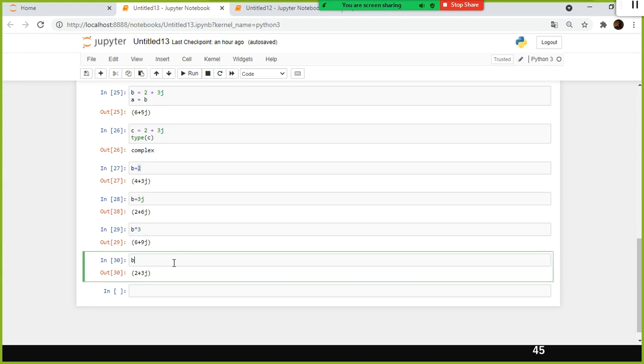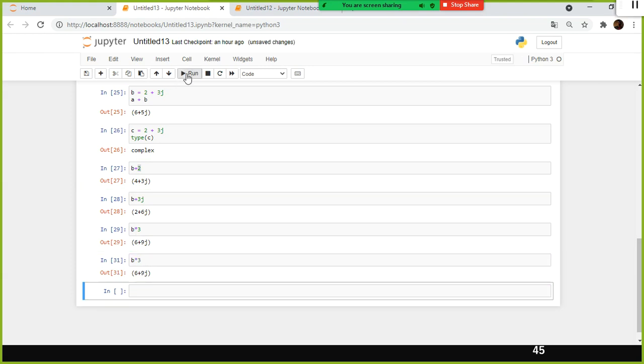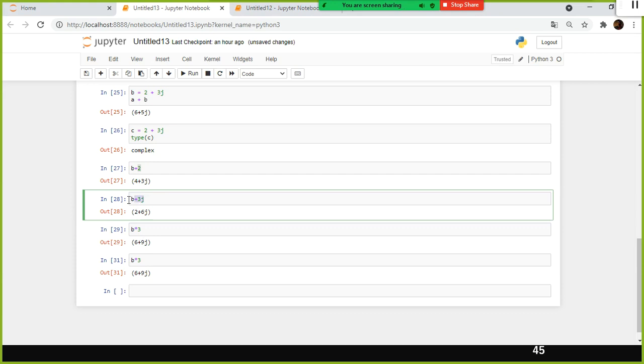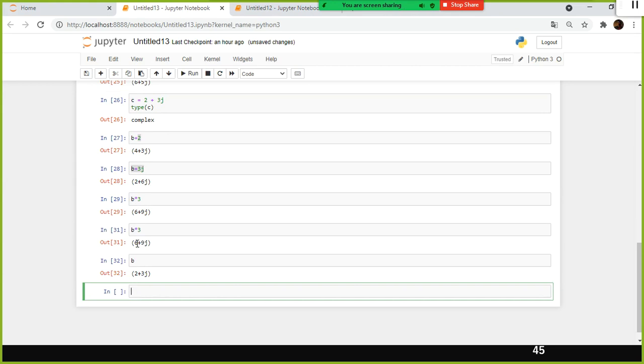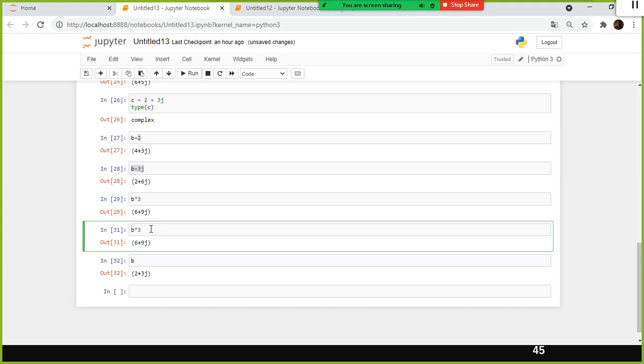But when I use multiplication, what is happening here? The value is stored in b. One second, I will type the value for b. So 2 into 3, 6, 3 into 3, 9j. When you do multiplication, it gets multiplied with both the values.